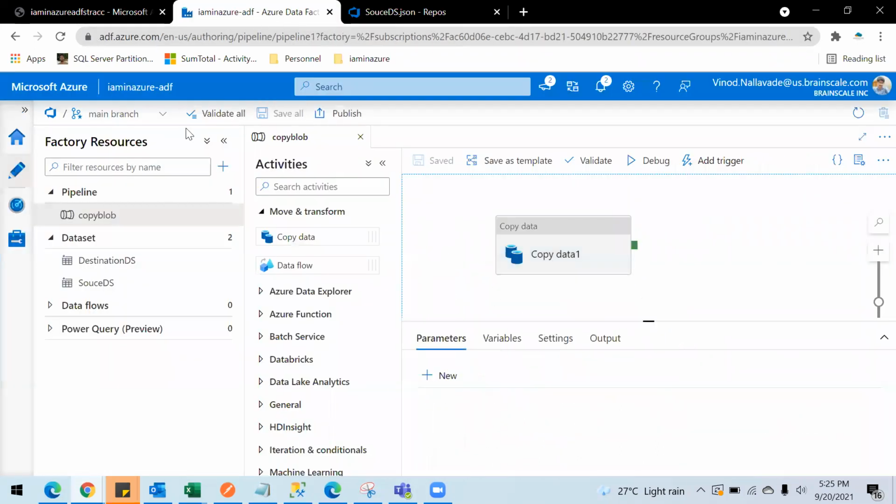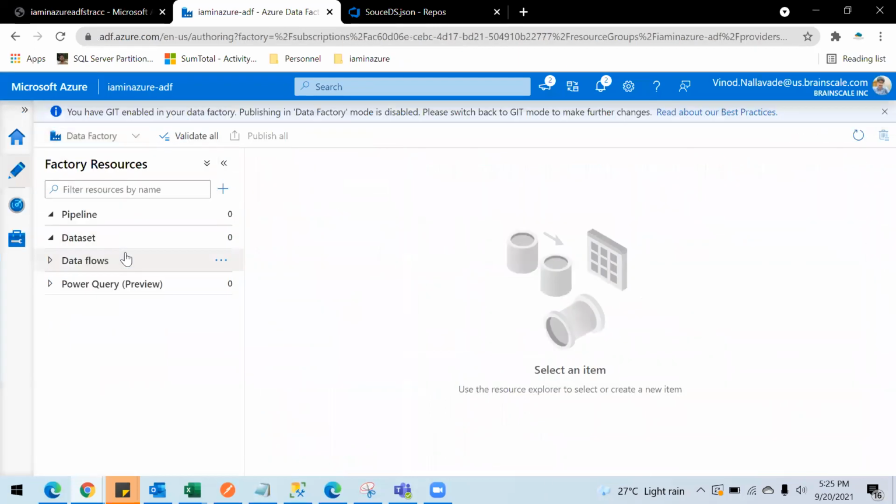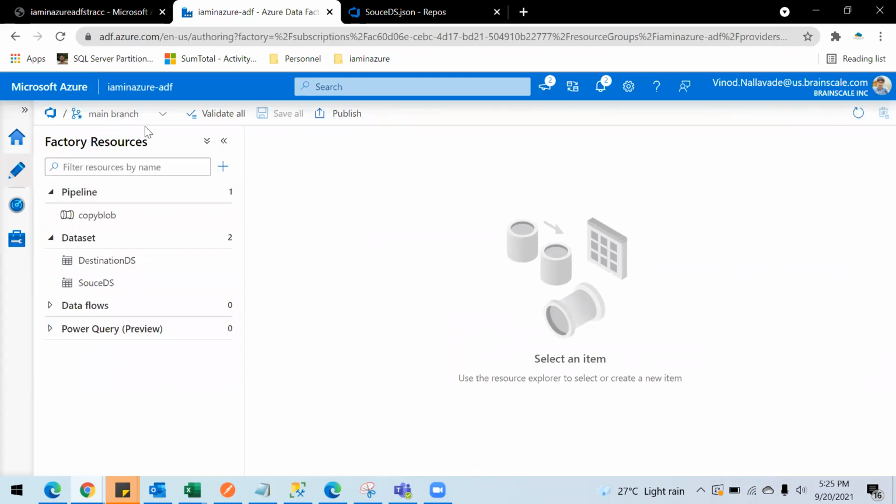Now if I go to the live mode, which is the data factory authorization mode, you will not be able to see your pipelines here. This is because this is Git enabled, and you haven't published it. If you want to publish, you have to publish it from this mode, which is Git mode.